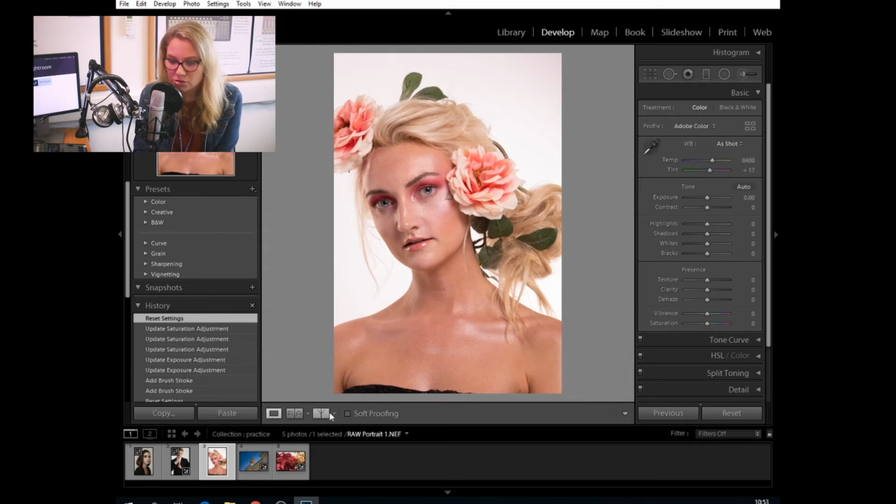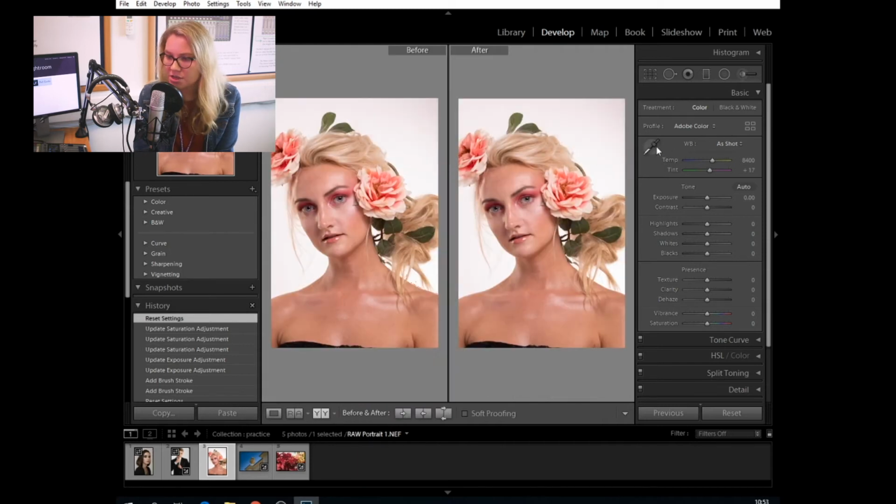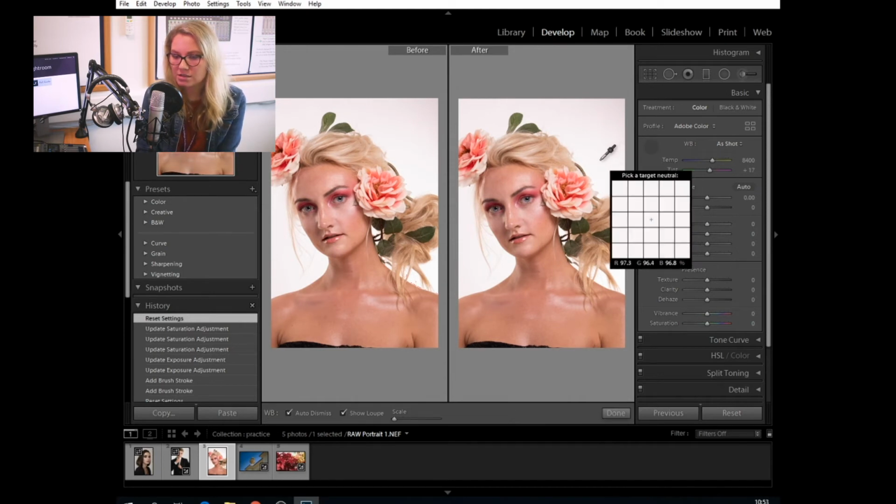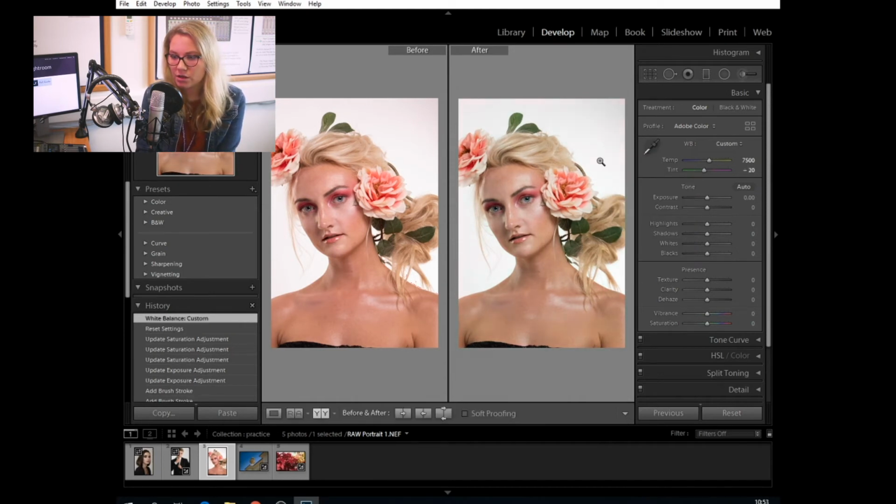So the first thing we're going to do, I'm just going to pop these next to each other, is get an accurate white balance. So you should have done the white balance in the camera, but not to worry if you didn't, or if it's not quite how you want it to look. We're going to use this little dropper here and find a white bit of the photo, so the background, and you'll see that it's changed to a more green blue, sort of a cooler photo,